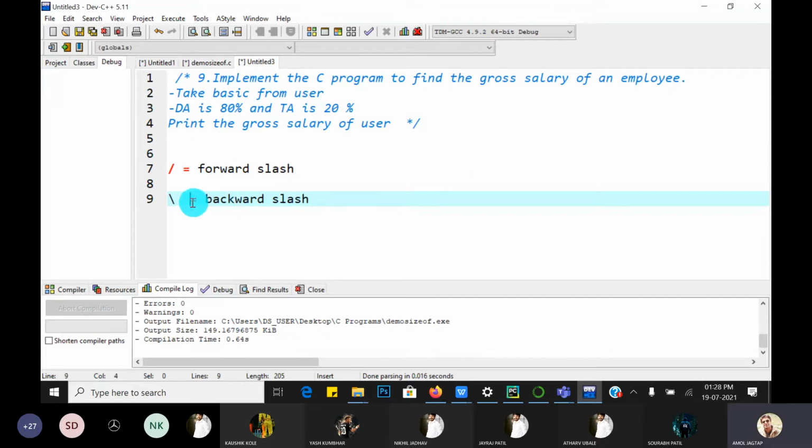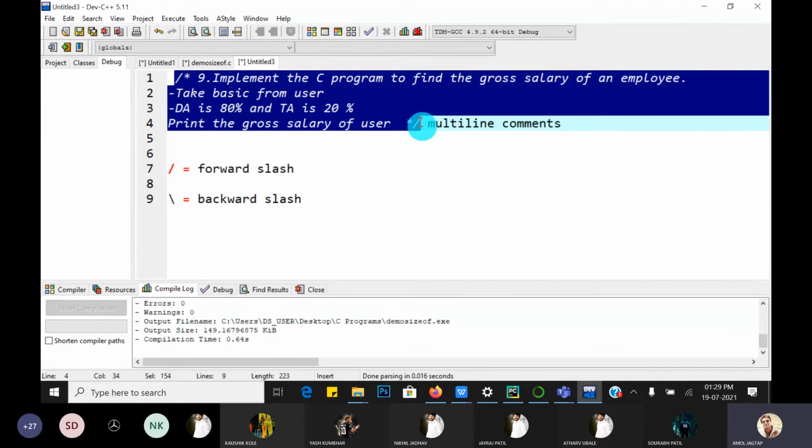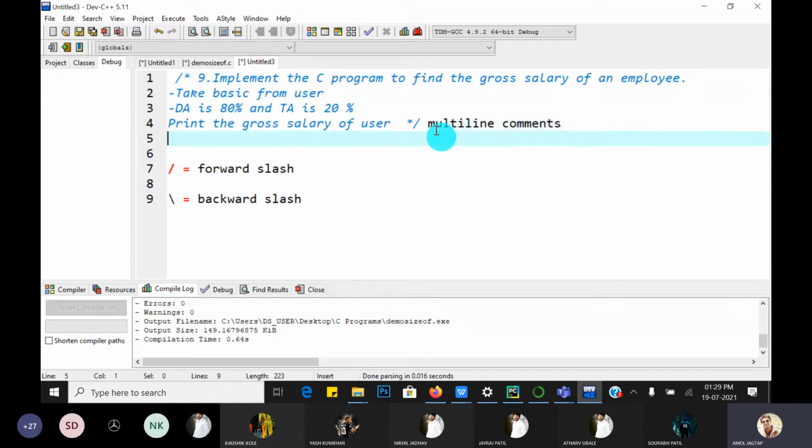Okay, I hope you understand what is meant by forward slash and backward slash. So here give the forward slash star and star forward slash. This is called the multi-line comment. Comments are lines which cannot be executed. These comment lines cannot be executed in C language.